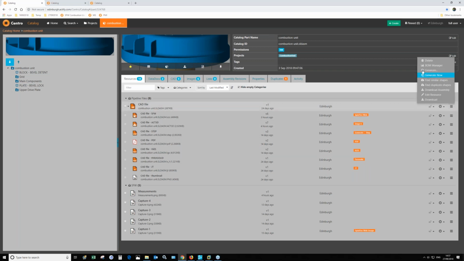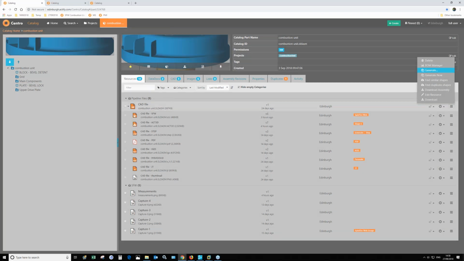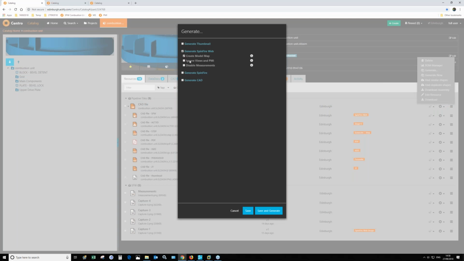But just like you saw with Ultimate, how I was able to generate a step file from this combustion unit, if we click the generate, I can generate a new SpinFire Web, and I can do this in the pipeline, or I can do this as a user in the part view, but I can generate a new SpinFire Web that will ignore any native CAD views or not include PMI information, because